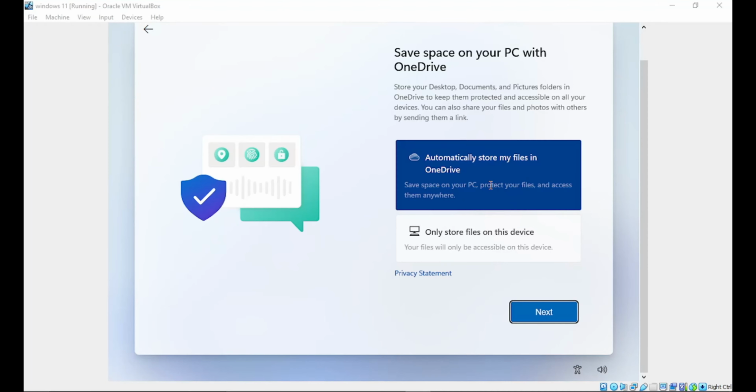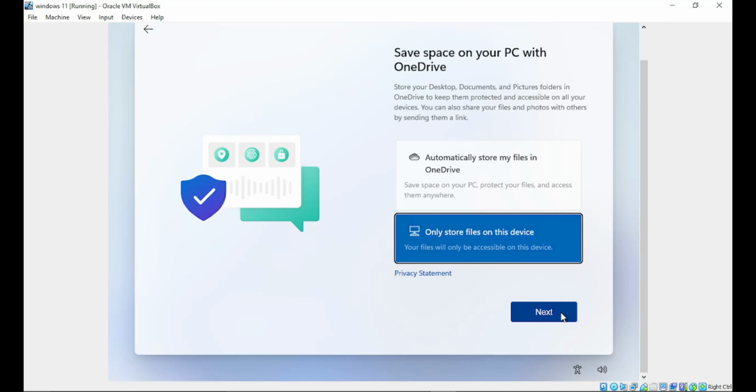Here you have two options: automatically store on OneDrive, that is the cloud, or store only on this device. I am going with store only on this device because it is a leaked version, not an official version. So I don't want my data to go on the cloud, that may be dangerous.